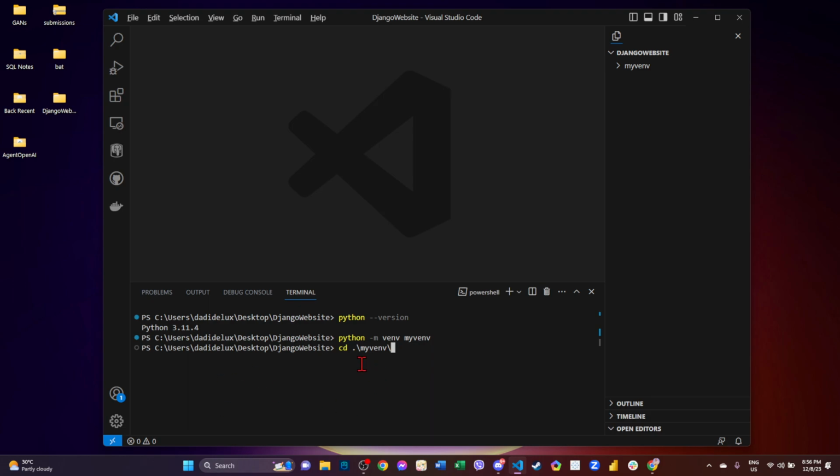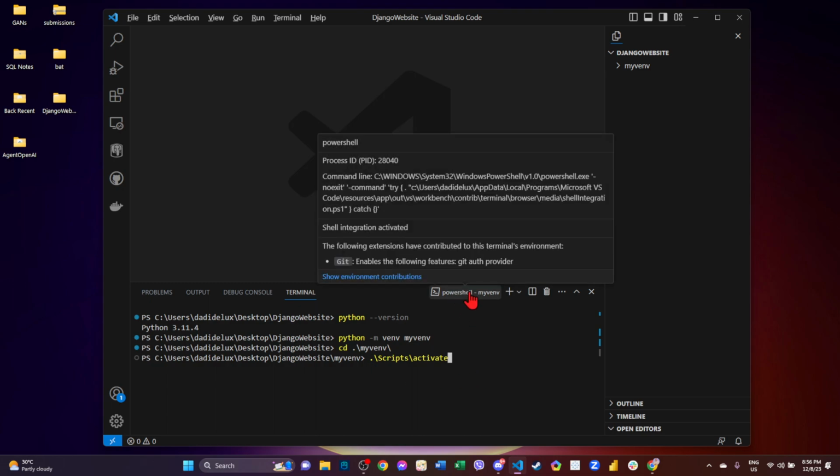So we go inside the folder of myvenv and then Scripts and also Activate. So you should see there that if you're using PowerShell, this might be different from other people. So if you're using CMD,